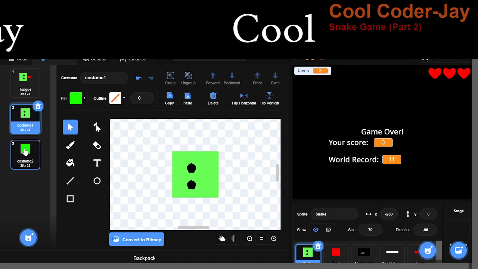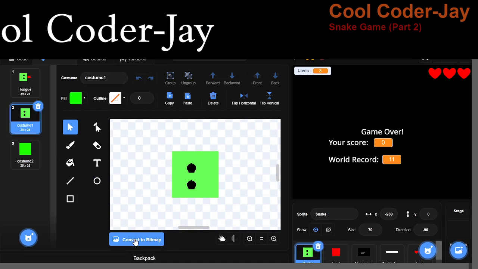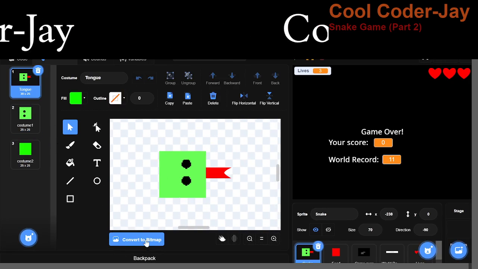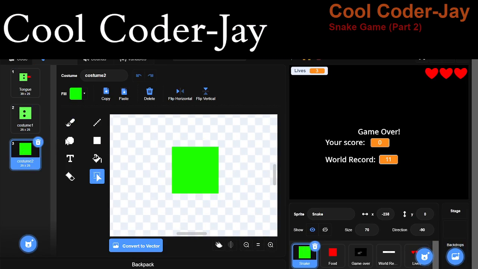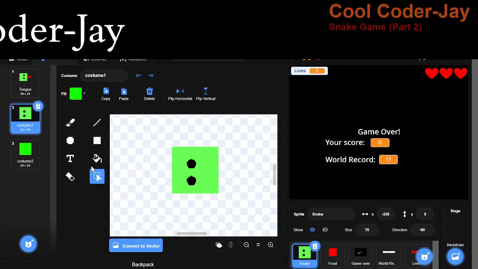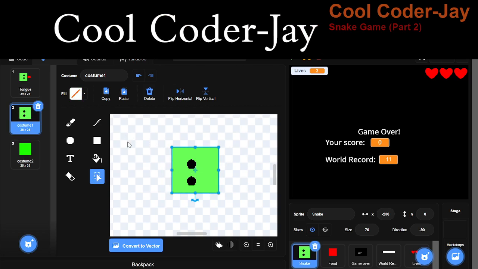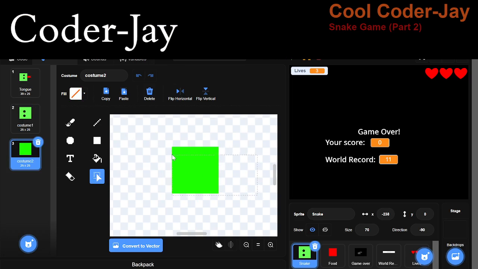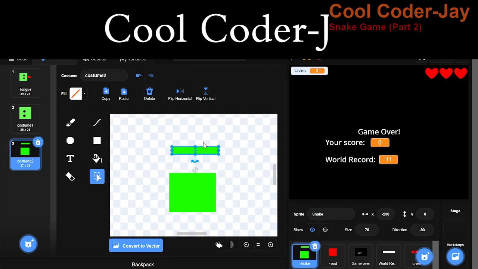In the costumes, have we made a mistake? Convert all to bitmap. It is now pixelated. Are they on center? This is centered. Oh, what is this?